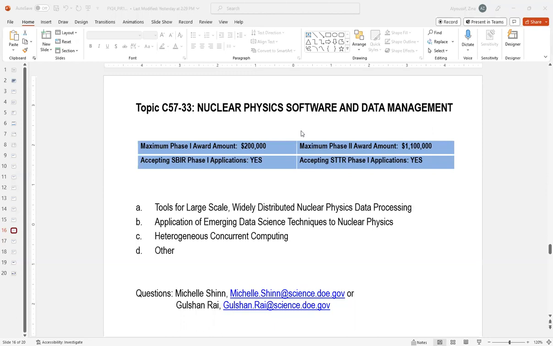And again, in all points, it's in the topic, you've got to make a connection to a particular community or instrument, say CLAS12 at Jefferson Lab, sPHENIX at Brookhaven, GRETA at Lawrence Berkeley National Lab, or a particular nuclear physics facility, like I just pointed out. And then, of course, we have other.